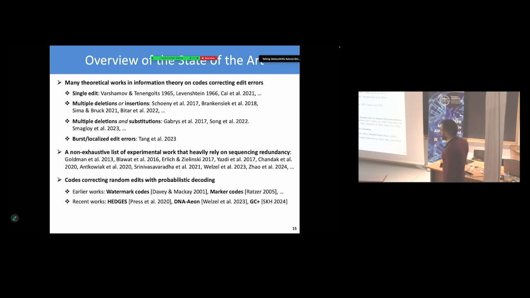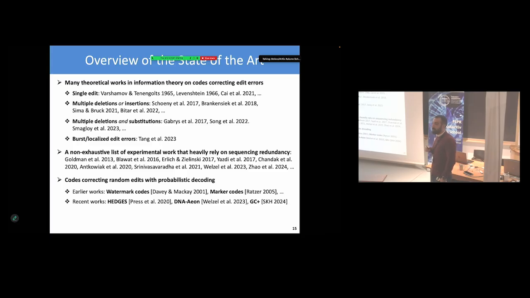But the good news is that there is work being done on codes for correcting random deletions and insertions at short lengths. There were some earlier works that could work for tens of thousands, which is not very long in information theory. But there are also works that have designed codes that work for smaller lengths of 100, 200, 300, though these are very few. There's the Hedges code, DNA Aeon, and the GC Plus code, which is part of our work. I will talk today about the GC Plus code because it's easy to explain